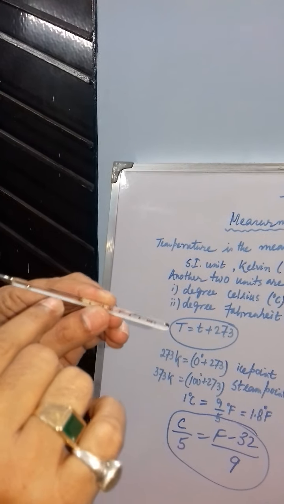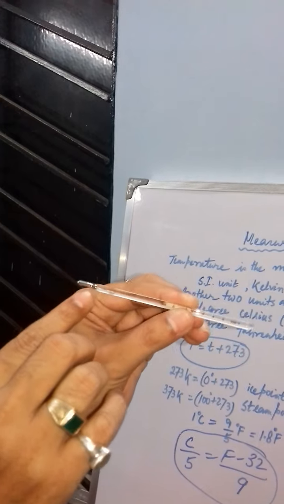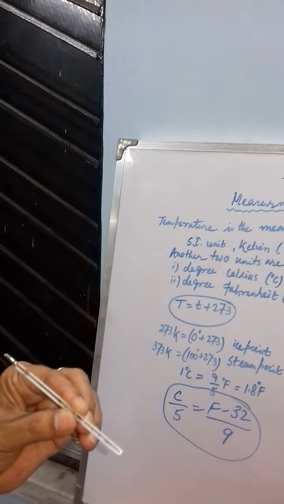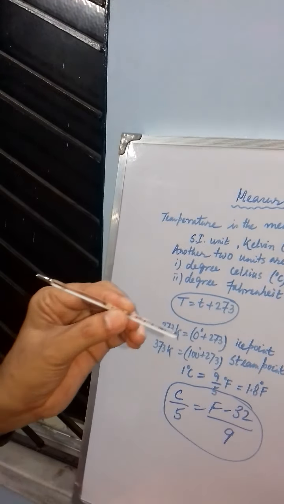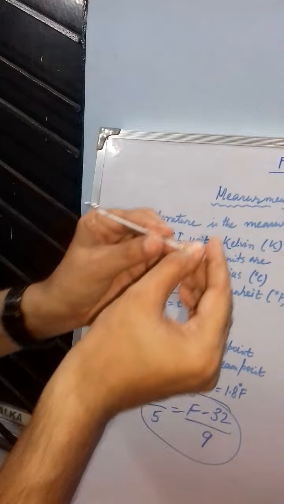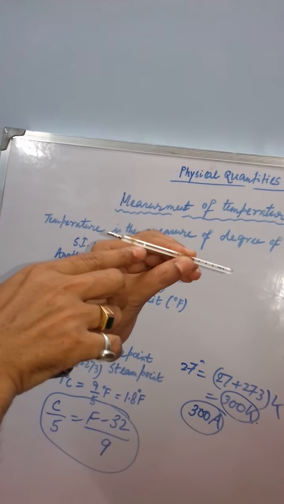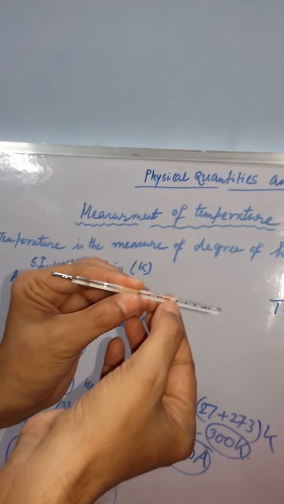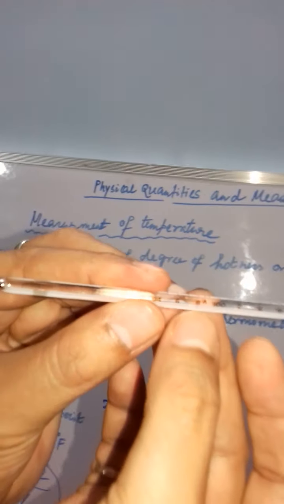Okay, so this is the bulb of the thermometer, and if you place the bulb of the thermometer under your armpit or inside your mouth for 2 to 3 minutes, it will acquire the body temperature and show it. By absorbing the heat, the thread of mercury moves and shows the temperature. Okay, now you see this one.